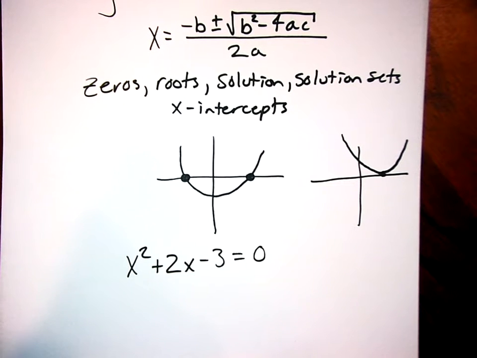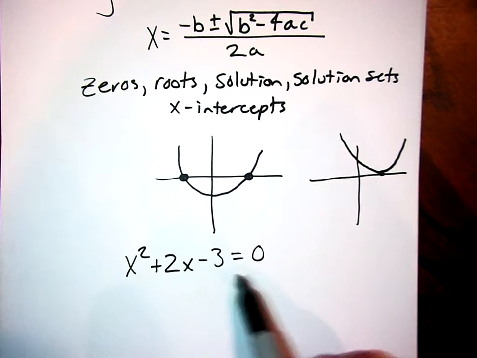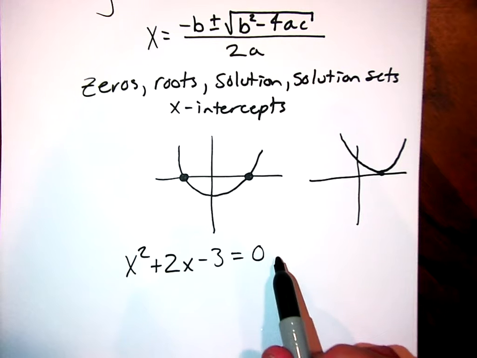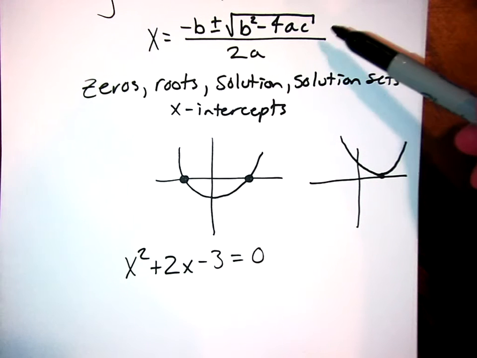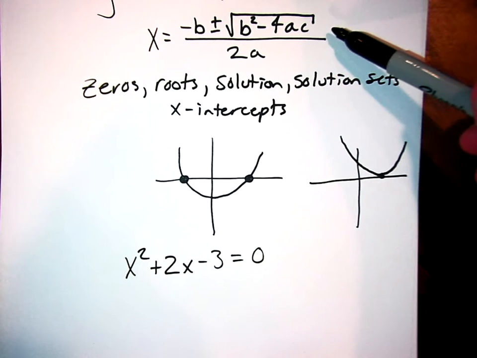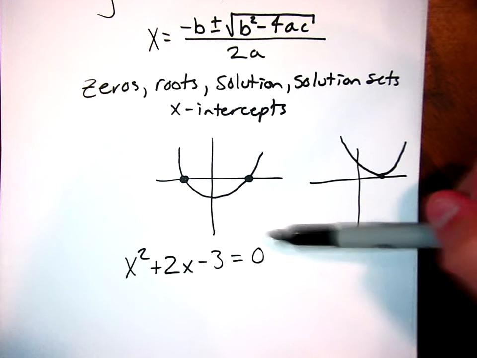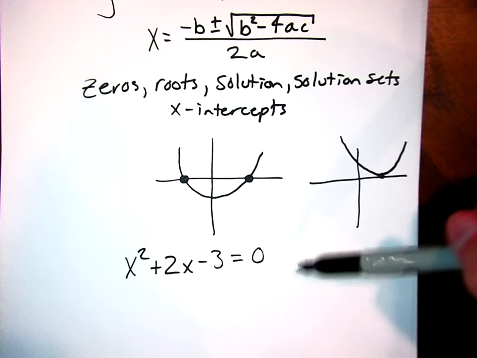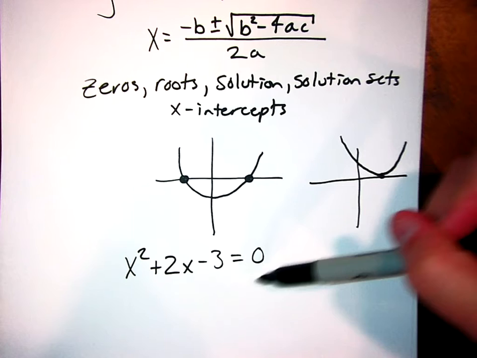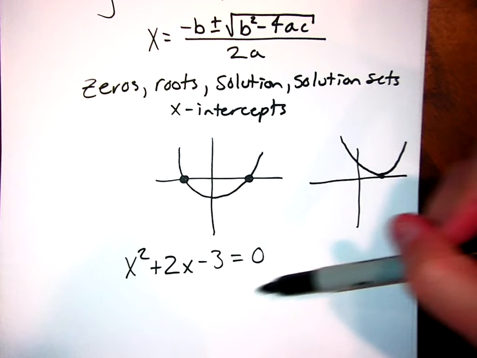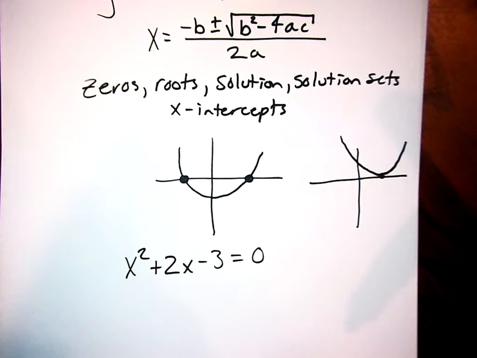The second thing to note is that this is equal to 0. In order to use this quadratic formula, you have to set the equation equal to 0. So if there's going to be anything over here on this side, you're going to have to move it over to the other side and get all the terms on the same side of the equal sign in order to solve. Okay, but seeing that both of those hold true for this equation, we're going to go ahead and start